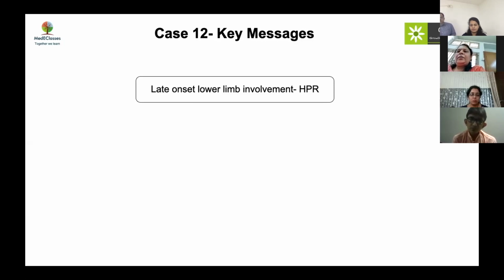I think that's a big message here, that we should think of rickets in two forms, calciopenic and phosphopenic. And if you have predominant lower limb involvement with normal calcium and normal PTH, it becomes phosphopenic. And if you treat, then they will have secondary hyperparathyroidism, which will end up not in the beginning. I request all the people to include their questions unless they are part of the panel discussion.